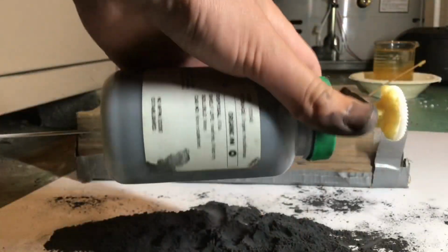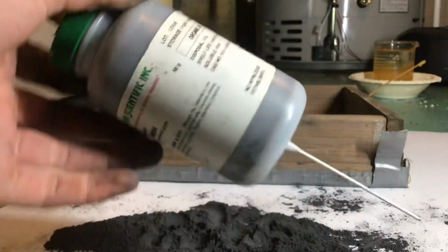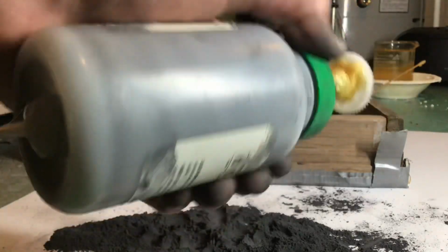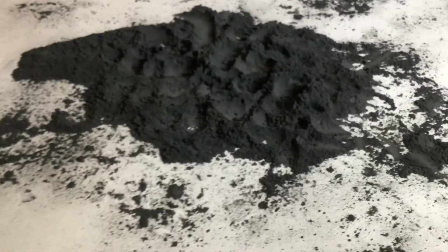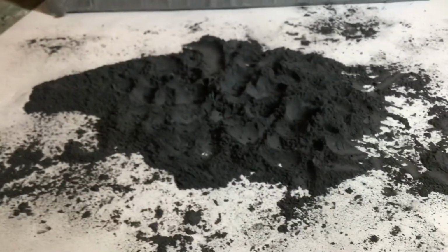So this is how big this cornstarch container that I got from the science lab is. I bet I could mill 100 grams of black powder. That's probably like 60, 80 grams. I didn't measure it out exactly. That's probably about what it is. No, it's more like 40. Anyway,